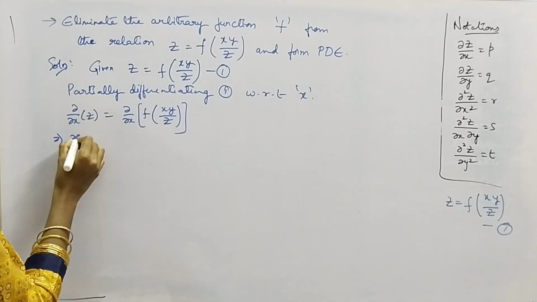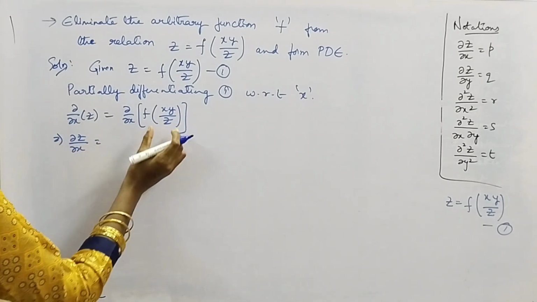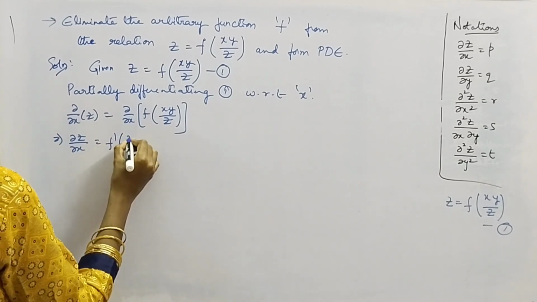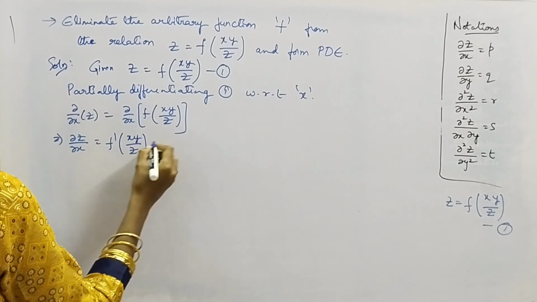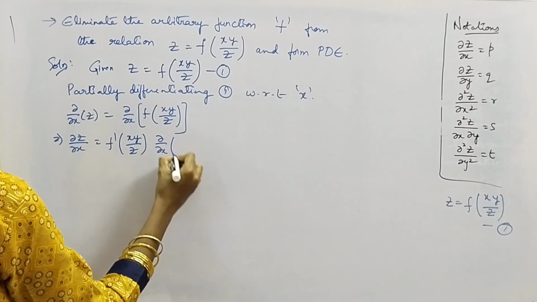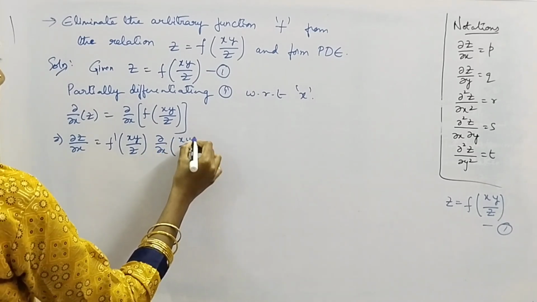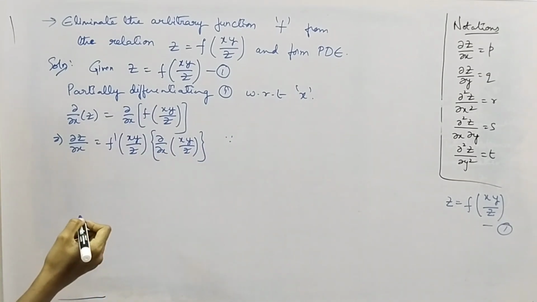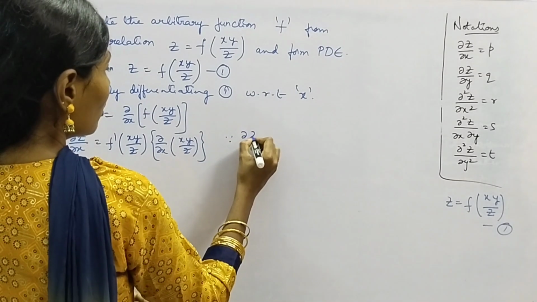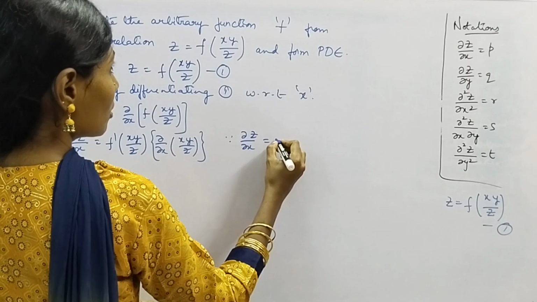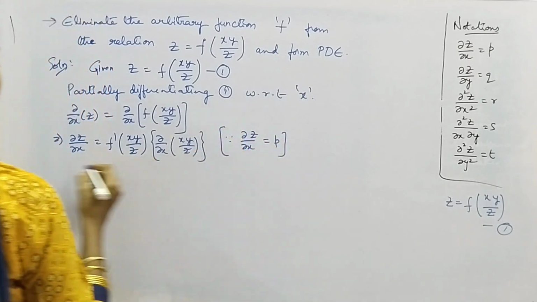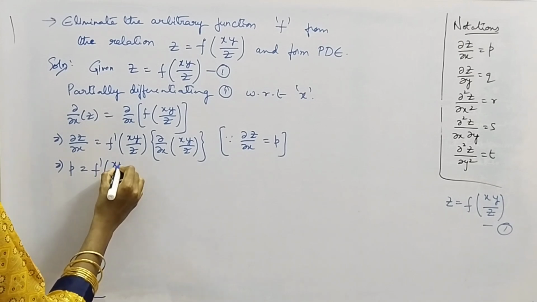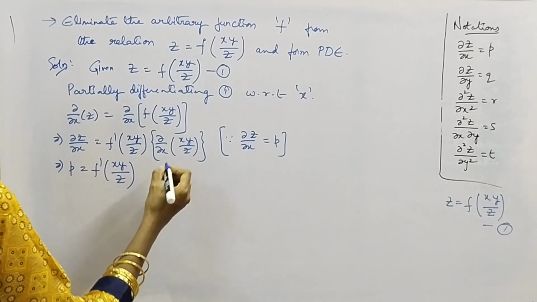This gives us dou z by dou x equal to the partial derivative of f of xy by z, which gives f dash of xy by z into the inner derivative, that is dou by dou x of xy by z. Since we are partially differentiating with respect to x, we'll treat y as constant here. And also we have the notation dou z by dou x equal to p. Let's replace dou z by dou x by p. We'll get p equal to f dash of xy by z into